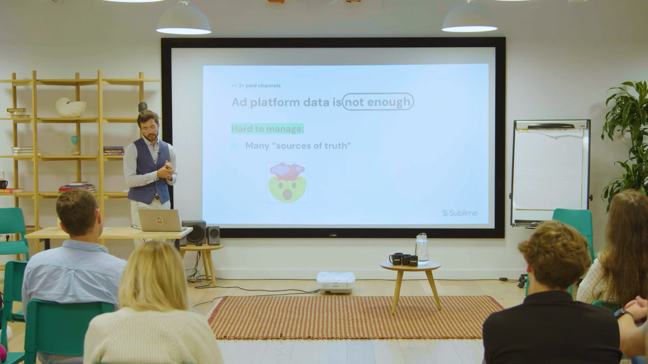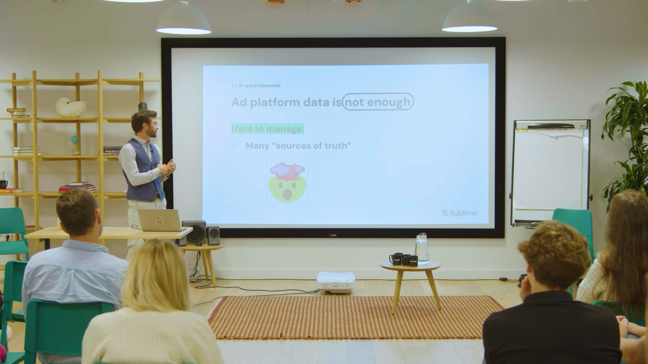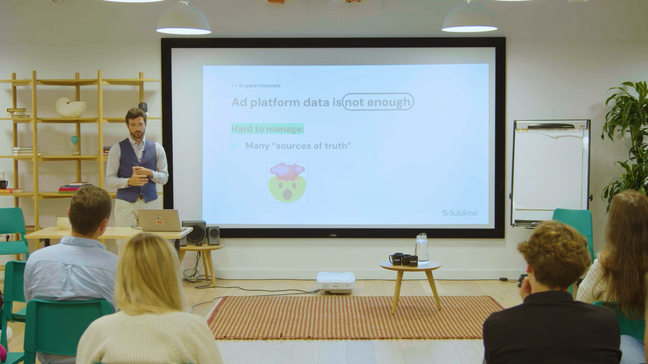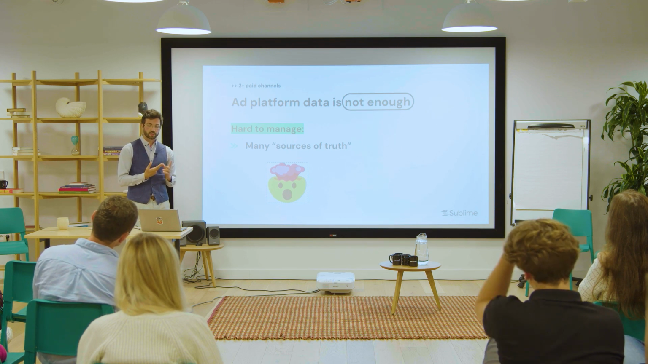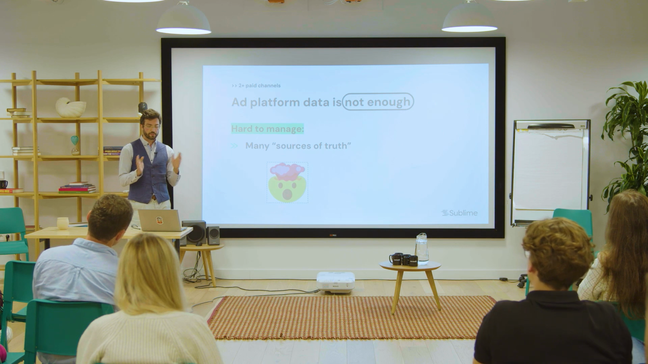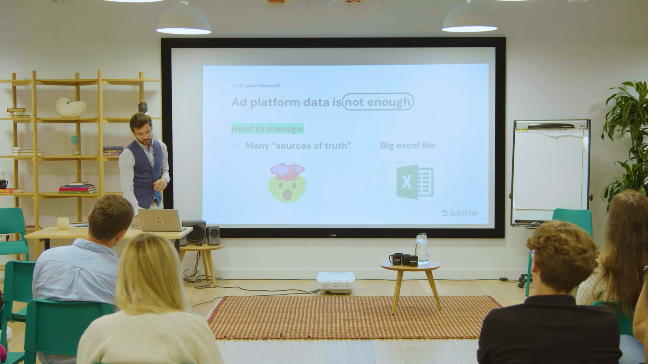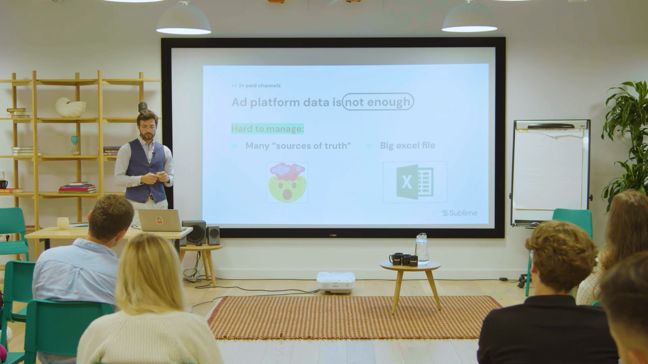And it's the most prosaic and operational reason: there are too many sources of truth. When you are running three channels, Google Ads, Meta, and TikTok, you have to move back and forth between different dashboards. You have to check the data. You don't know which ones are more correct than the others. So it's a nightmare, and you can solve that by building a big Excel file with all the results